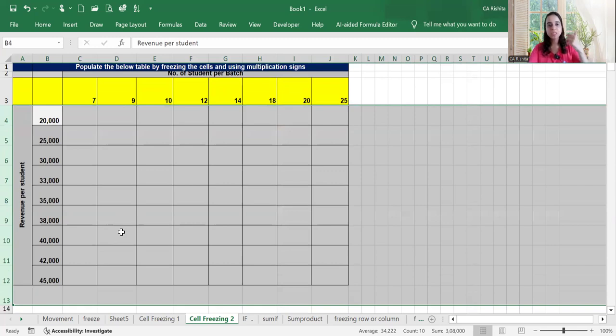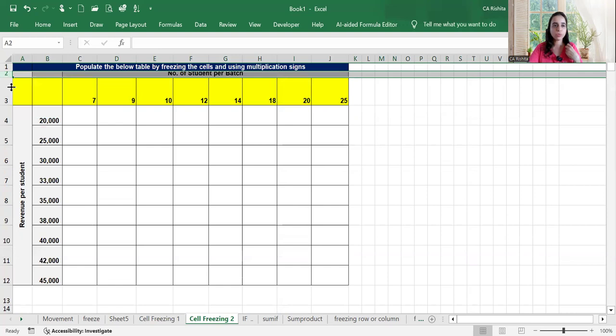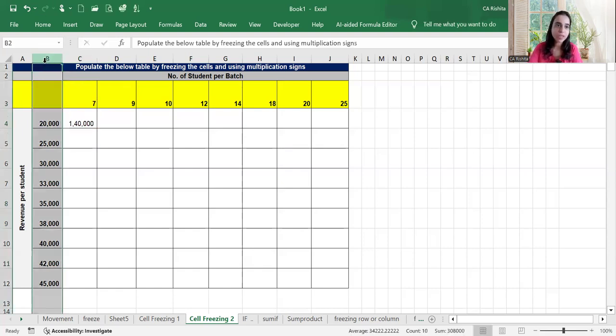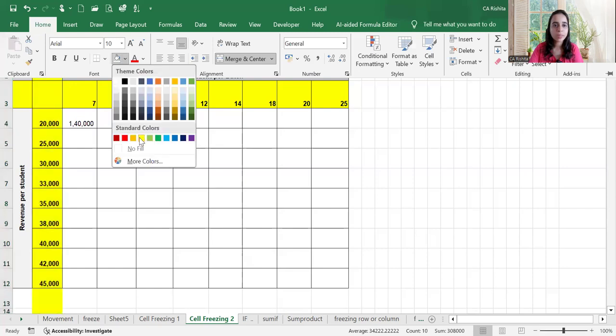रिबन को मैंने बंद कर दिया Control F1 से, so that you have more visualization. Now you can see here, this is revenue per student and number of students per batch. Basically मेरा objective क्या है? मेरा objective है that this 20,000 is multiplied with 7. ठीक है, तो इस पूरे को भी हम कर देते हैं कोई let's say same yellow color,